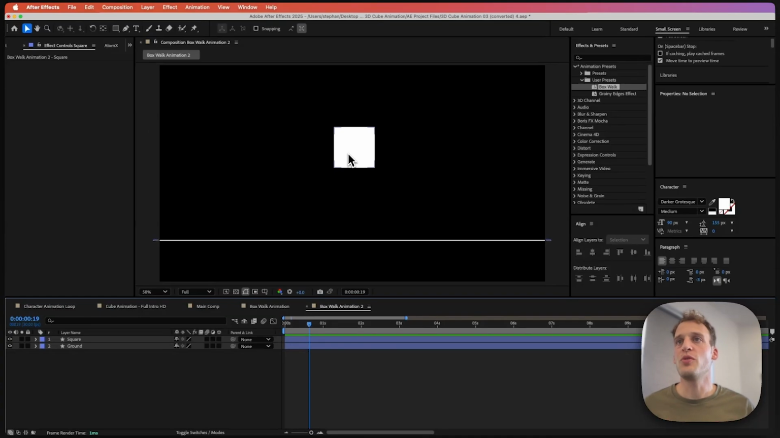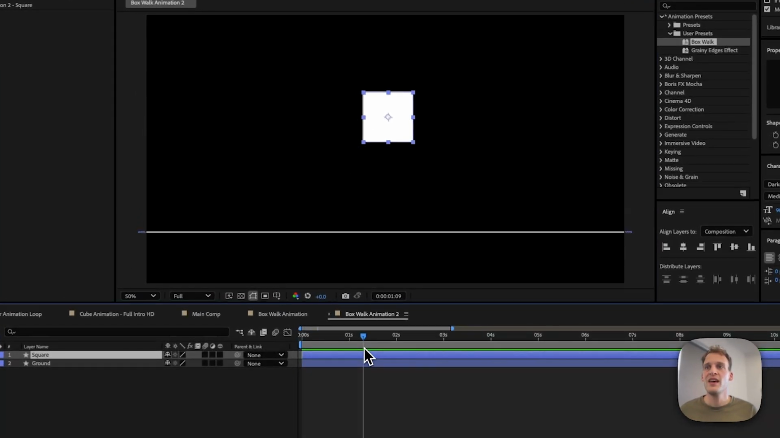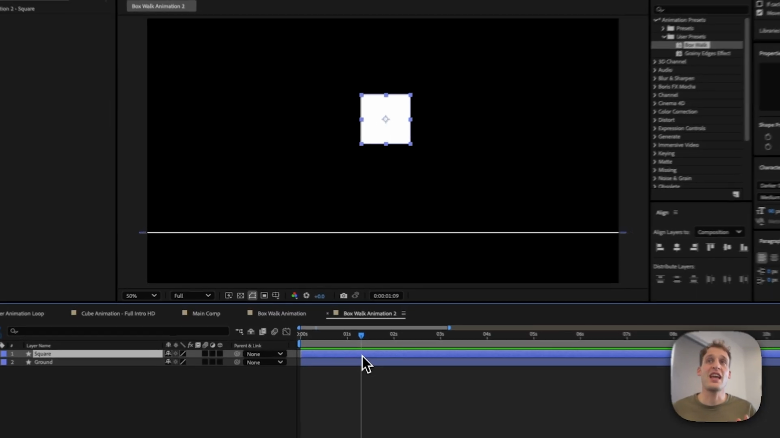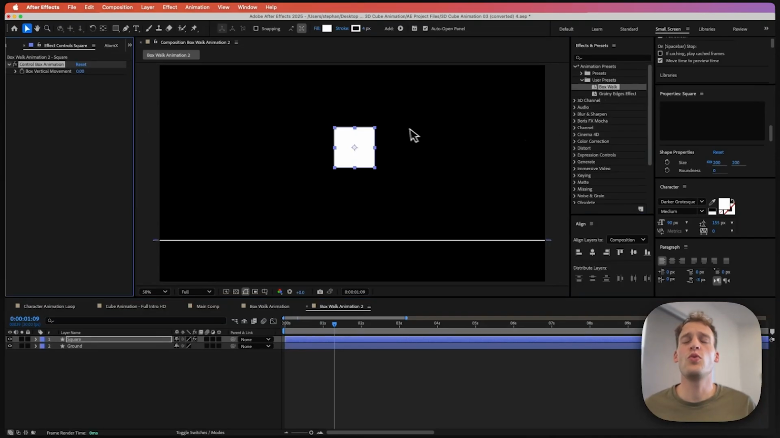So I am in a new composition in here, and I have simply this square with no animation on it right now. And I would like to show you this preset that I have made, and you can get this from the description. So you can simply find that in user presets once you install it, and just double click on that, with the square selected, and it will basically apply this expression here